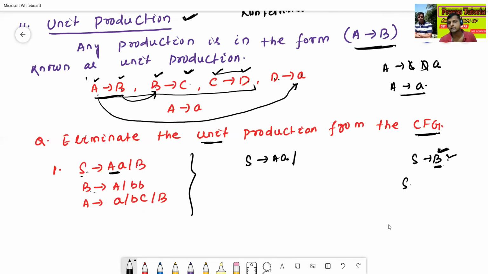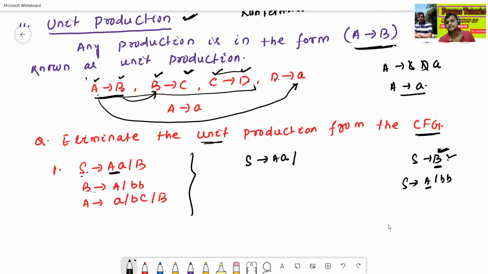So here S to B, we will replace with S to A slash S to BB.